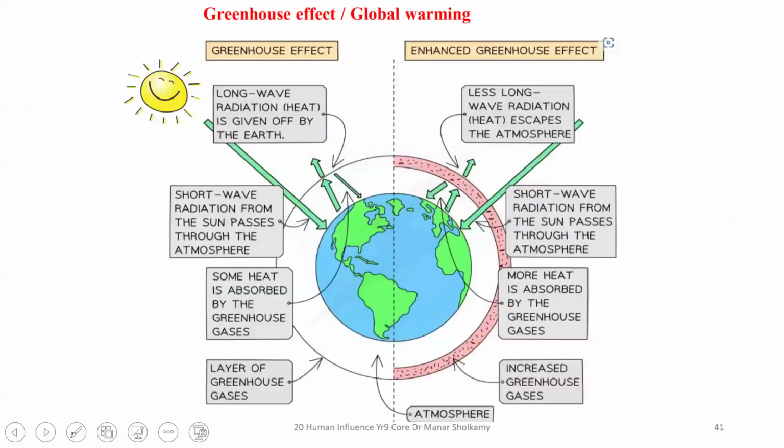Now, this is a nice picture that shows you what naturally happens. And when we have excess of CO2 gas in the atmosphere, what happens? We have our nice smiling sun here. The sun is releasing light energy and heat energy and ultraviolet radiation. This energy is going to hit the surface of the earth. Now, the surface of the earth is going to absorb some of the heat and it's going to reflect the rest. And this is normal. We have to absorb heat from the sun or the earth is going to freeze. So normally, we absorb some of the heat from the sun and we reflect the rest.